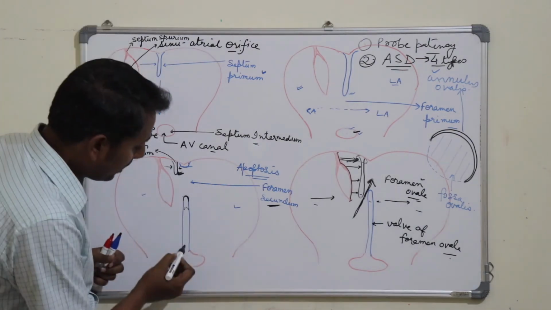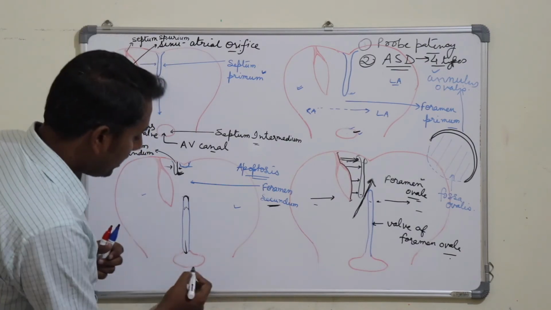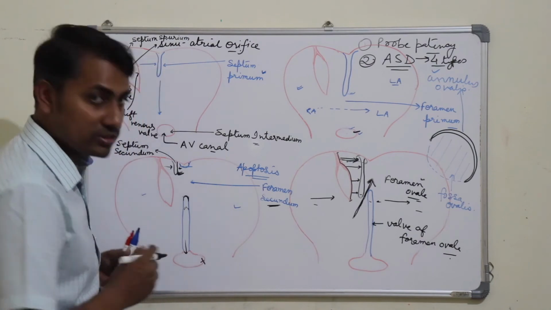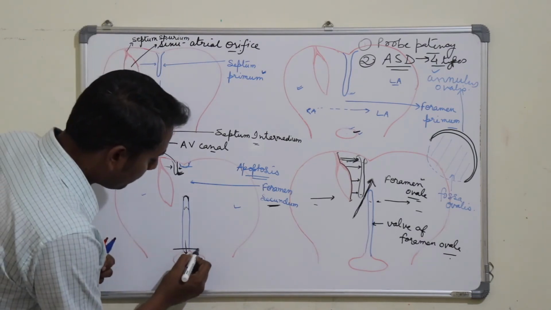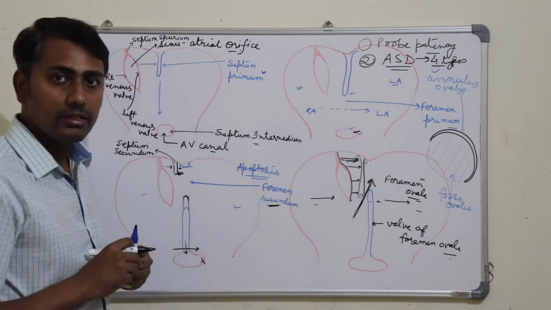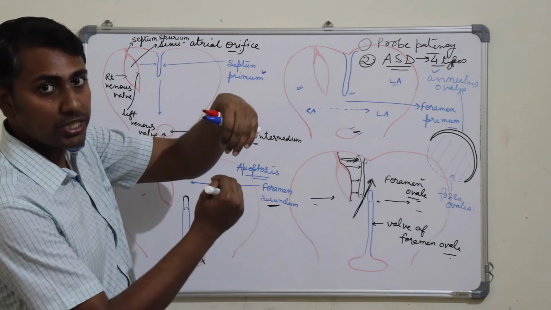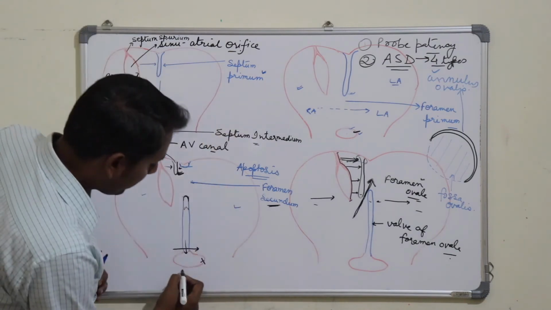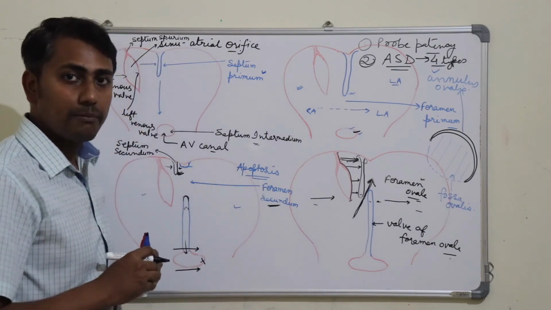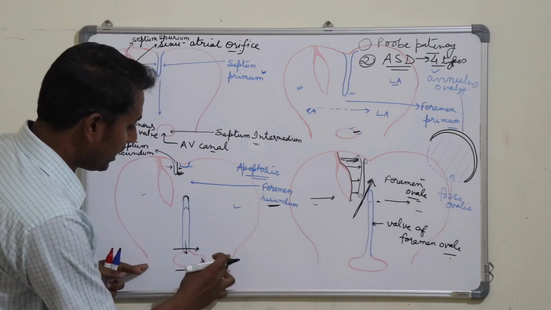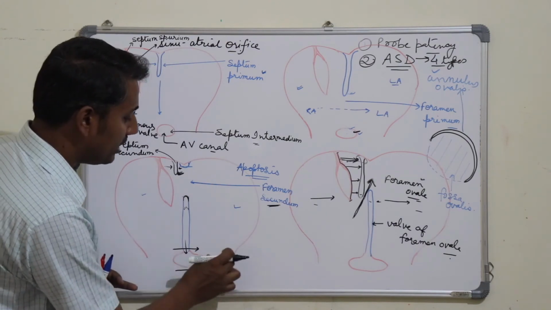Also, the septum primum has to fuse with the endocardial cushion. Therefore, when the endocardial cushion fails to fuse, there will be a defect in the lower part of the septum primum, because the septum primum will not fuse with the endocardial cushion. Also, there is a defect in the upper part of the interventricular septum, plus there is a persistent atrioventricular canal because there is no division into right and left orifice.